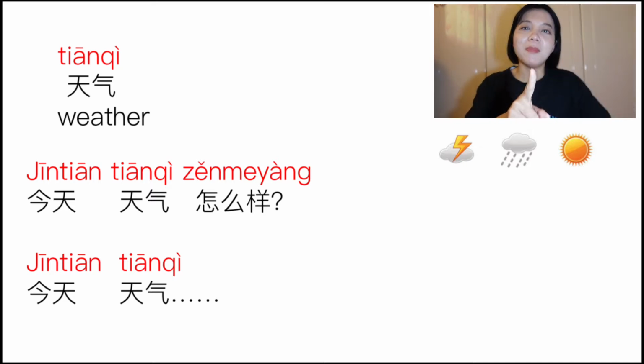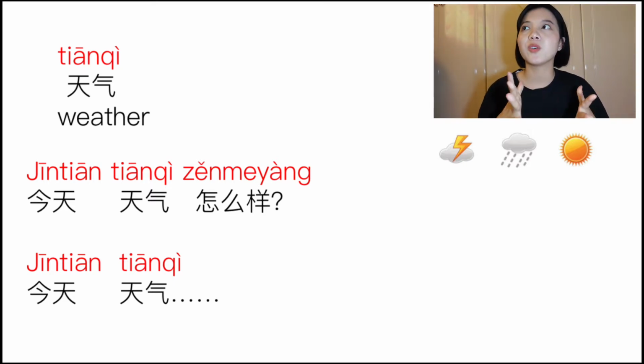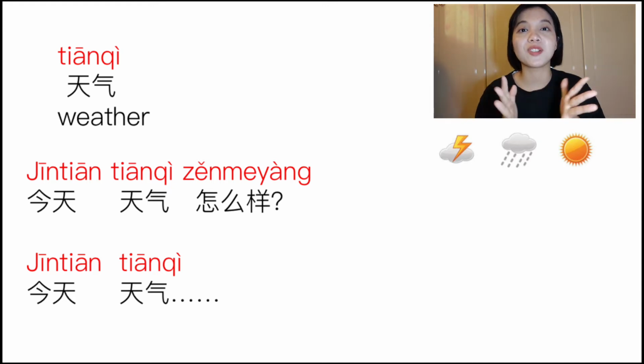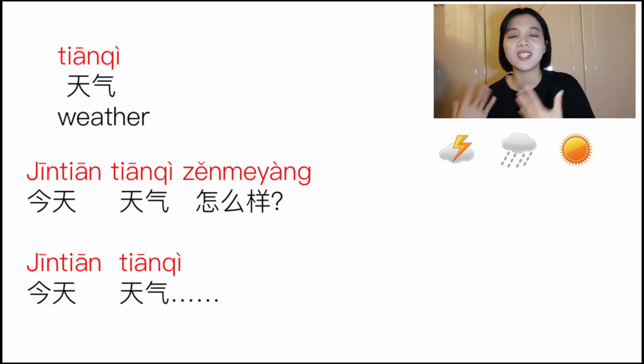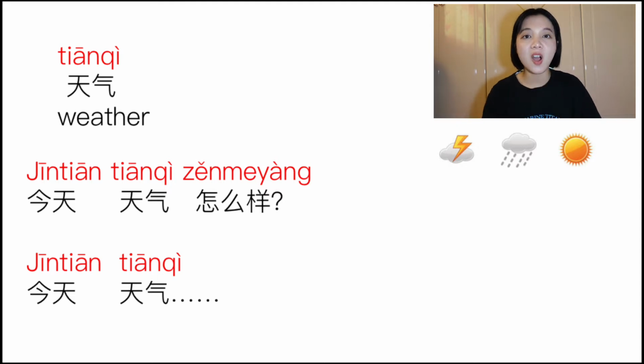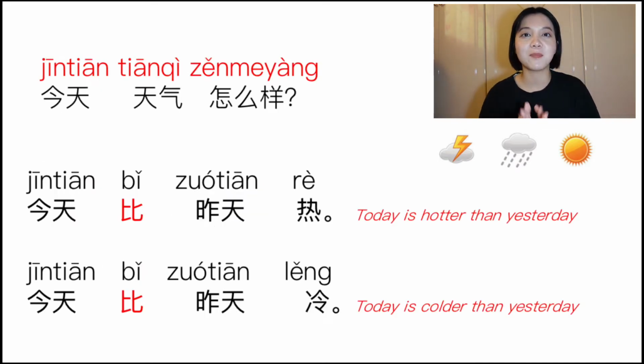And remember before, I think I recorded an episode on how to describe the weather. So if you are not familiar with that, you can go back to that video. Let's review a little bit here. 天气 is weather. 那今天天气怎么样？How is the weather today? 怎么样 in here is how. When you answer, you can say 今天天气很好, today the weather is lovely. Or 今天下雨, today it's raining. Or 今天很热, it's pretty hot.